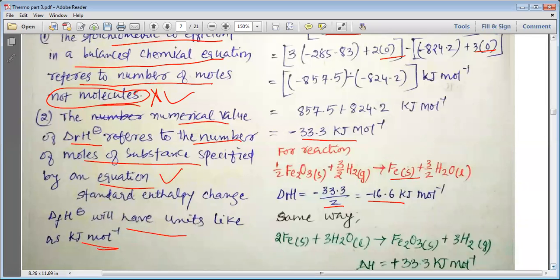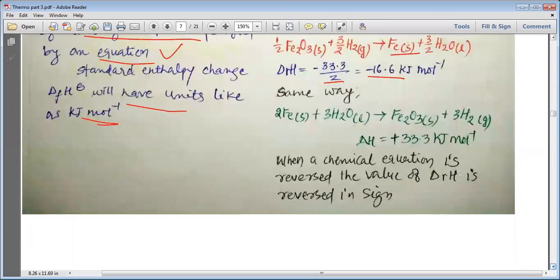In the same way, my dear students, we can write the thermochemical equation as 2Fe plus 3H2O liquid giving Fe2O3 solid plus 3H2. Actually delta H is plus here. So we have just reversed the equation and then we have put the value as plus. So whenever a chemical equation is reversed, the value of the reaction enthalpy is reversed in its sign. So these were the very important